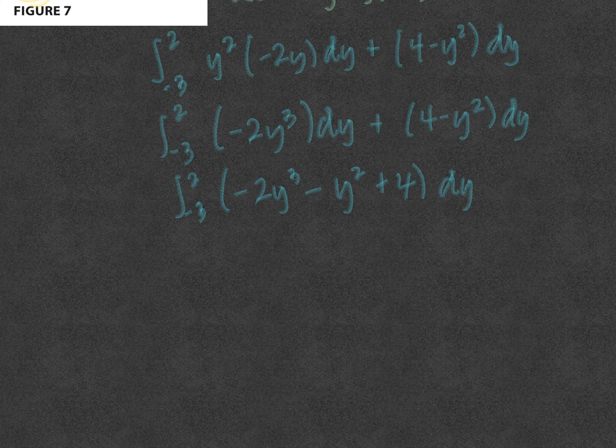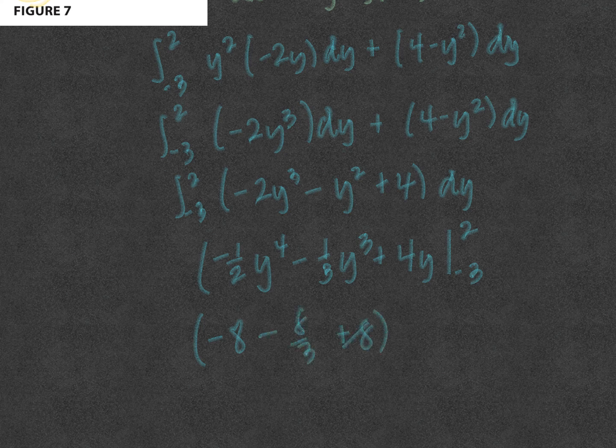Oh, we're going to integrate, so let's leave that off. So when we integrate, we have -2 over 4. So we have -1/2 y to the fourth minus 1/3 y to the third plus 4y, and we're integrating from -3 to 2. So when we put in 2 to the fourth is 16 divided by 2 is 8, -8, minus 8 over 3, plus 8, oh that's pretty,